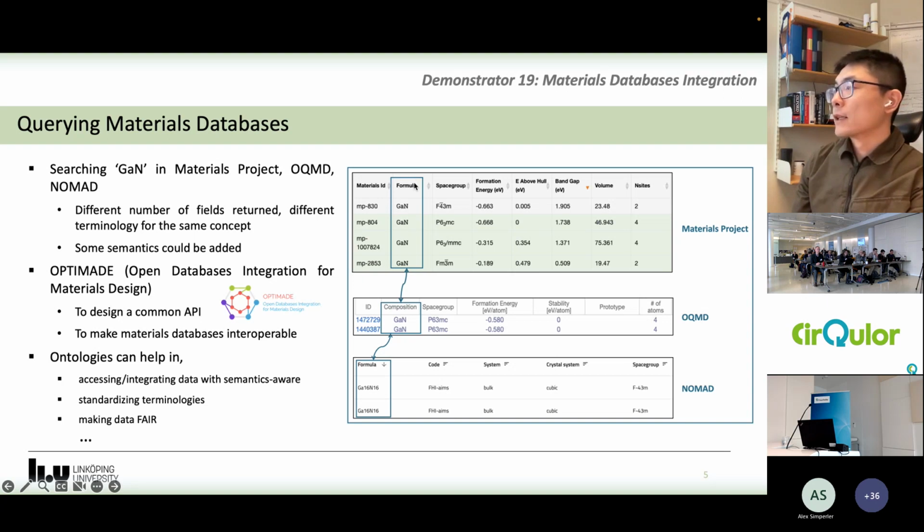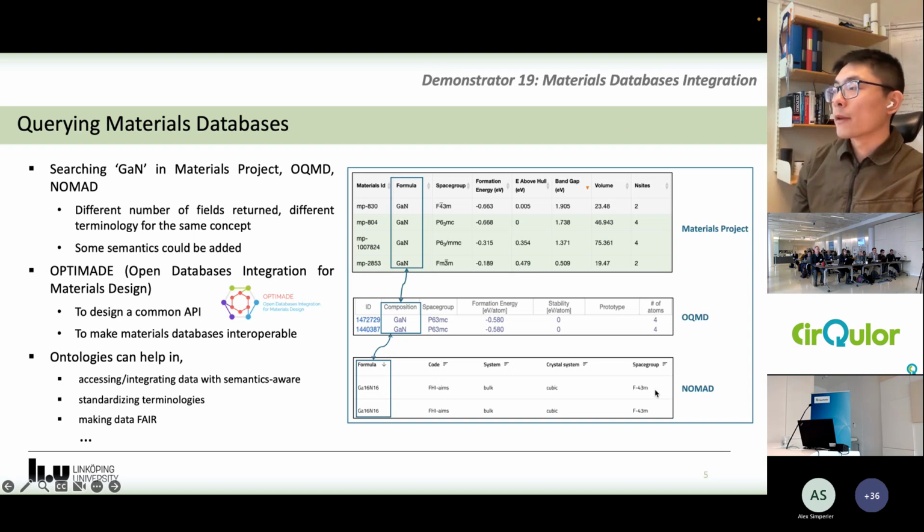We can see that each of them contains a column that represents chemical composition, but with different column names or different insets. For example, in Materials Project, it's called formula. In OQMD, it's called composition. And in NOMAD, it's called formula, but it's actually not the simplest ratio of different chemical elements in the formula.